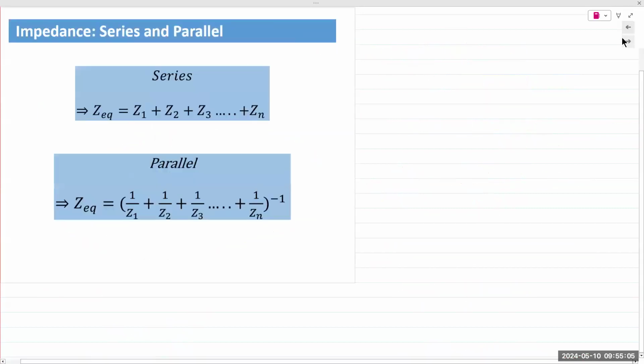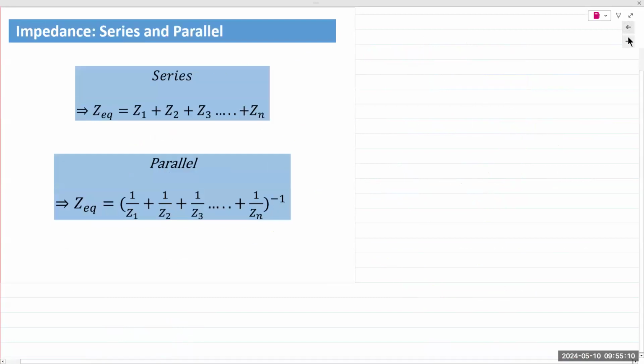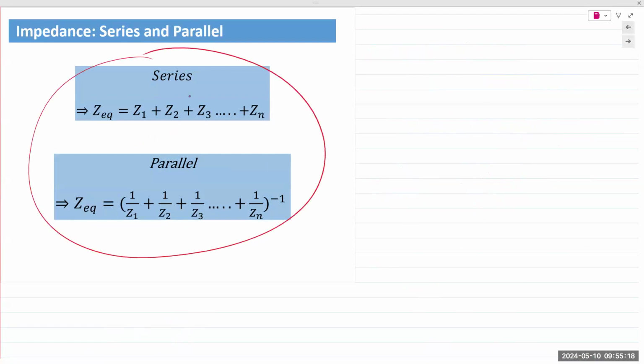Okay, then impedances can be combined like resistors. If you have multiple impedances in series or multiple impedances in parallel, you can combine them exactly the same way we combine resistors. So if you have a capacitor and an inductor,